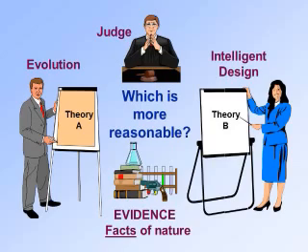I'm giving you that illustration because, ladies and gentlemen, the evidence of the natural world belongs to all of us. The question is, which interpretation is the most reasonable? And we're going to look at some lines of evidence in this series. And then we're going to ask the question, which is the more reasonable explanation? The blind forces of physics acted upon by natural selection, or an intelligent design? And you'll answer that